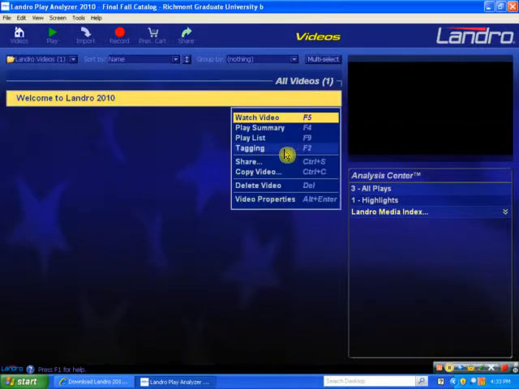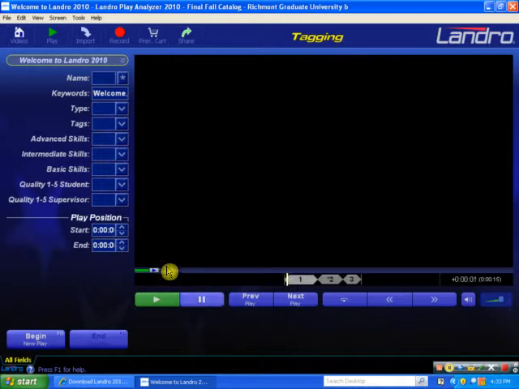You'll just right click here and then go to tagging, and you should pop up with a menu that looks similar to this. This is known as your catalog, and these are just the different tags that you're going to be labeling your video with later. This completes your